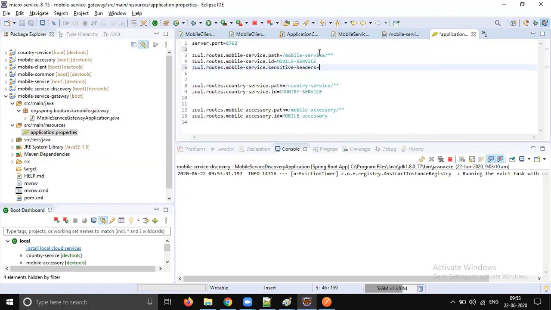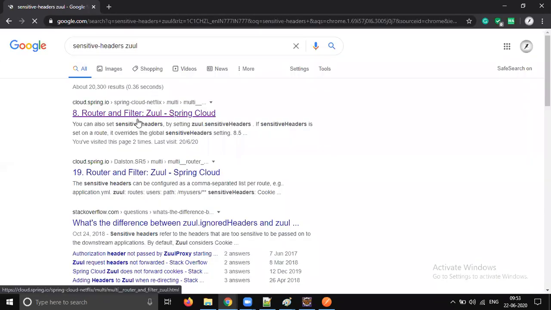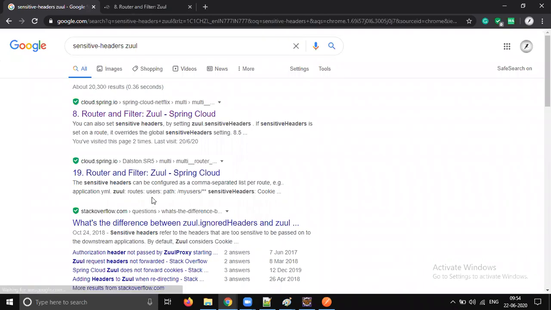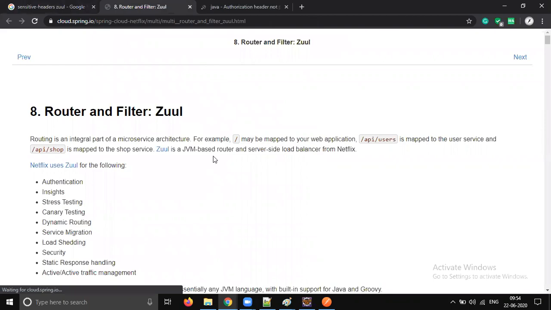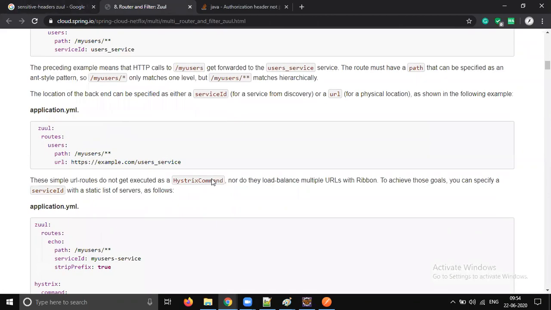So here you should type some string. I don't remember that. Let's go to Google and check Zuul gateway sensitive headers. It will show the allowed values. So it's cookie, set-cookie, something is there. You just type it in Google, you will get the suitable value. Scroll down.